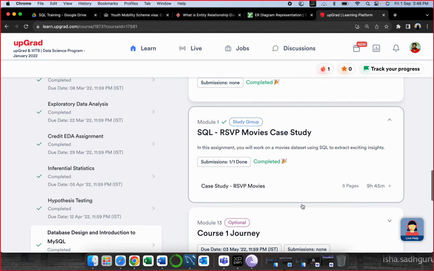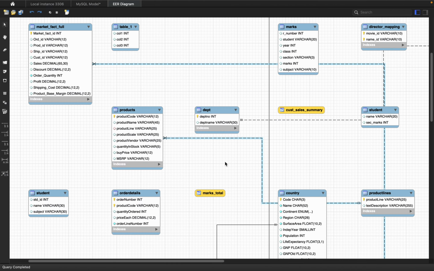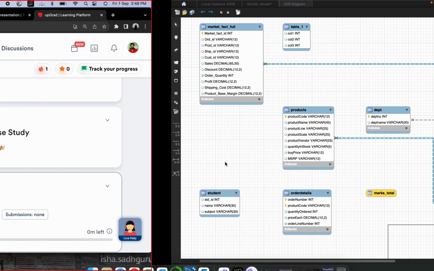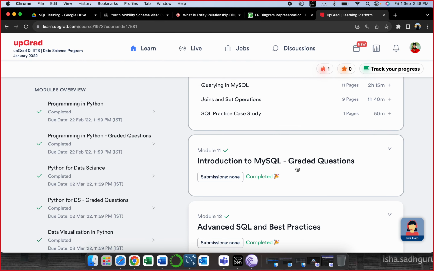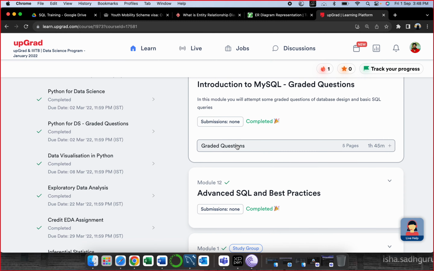This is the start. This is the database that I just showed you over here. This is the ER diagram for that database, what I designed while I was giving my exams and everything. Now, what I wanted to show was